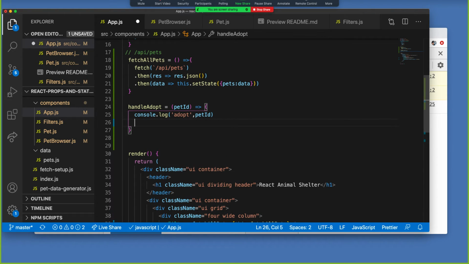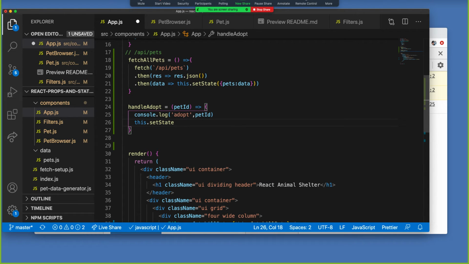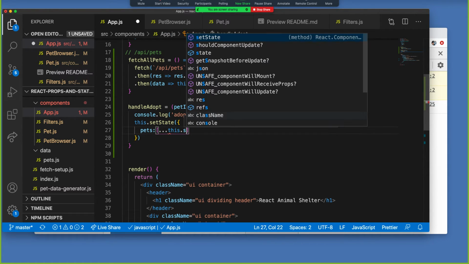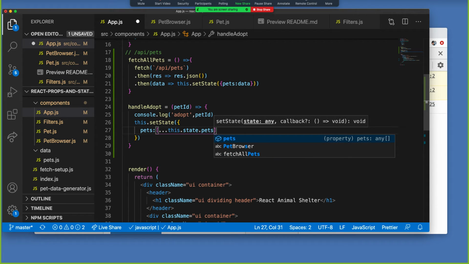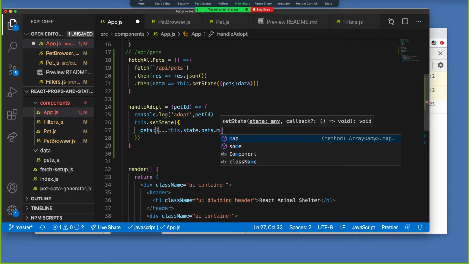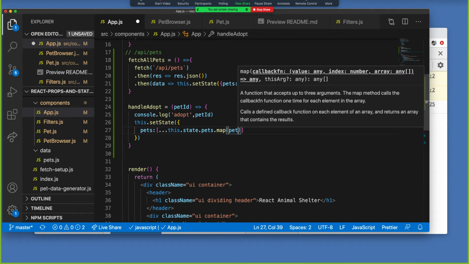So we'll do this.setState. What we're going to do is take pets, and we are grabbing pets because we are going to replace the entire array of pets that currently exists. We're going to replace it with a copy of the pets, but that copy needs to be mapped over. Actually, we're going to grab the pet for it,